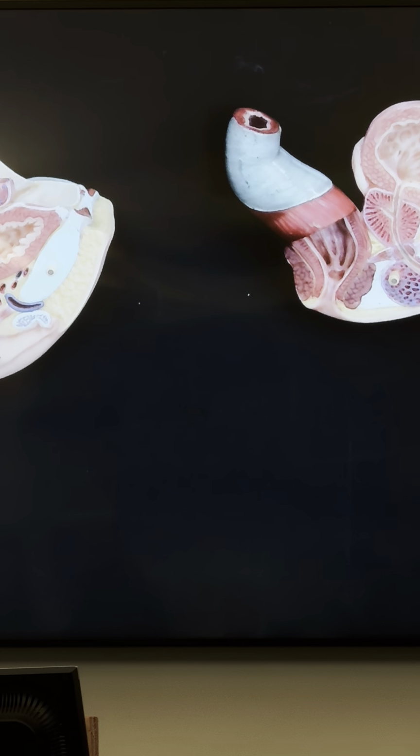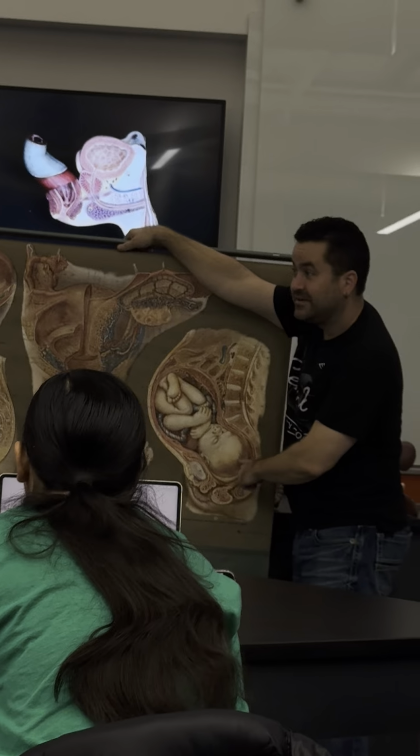Let me just show you this. Let me grab some. There we go. Look at a pregnant woman. So look at someone who's 8-9 months pregnant. First of all, that's her bladder. So when you're like 8-9 months